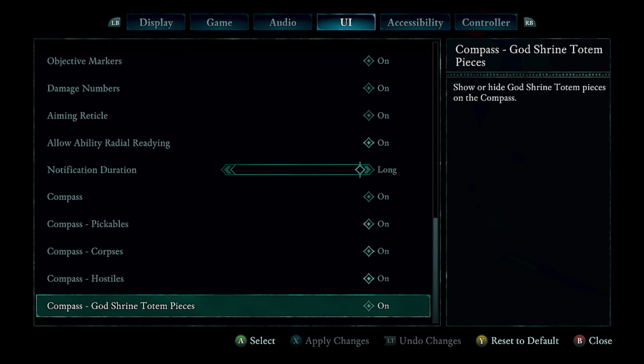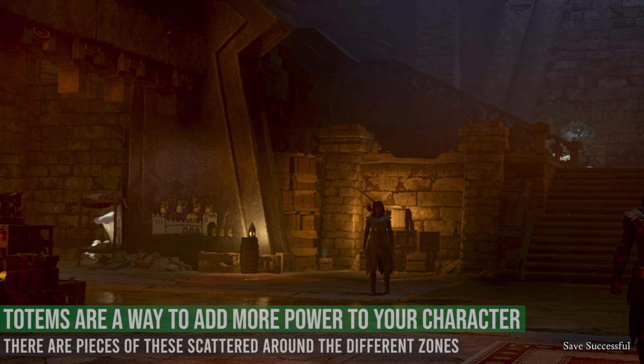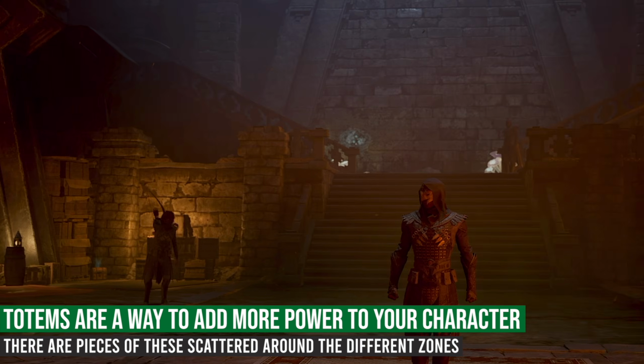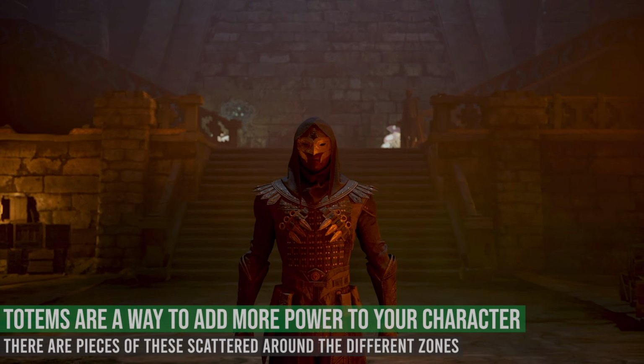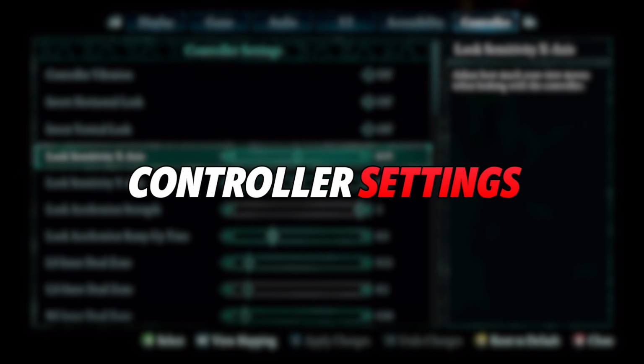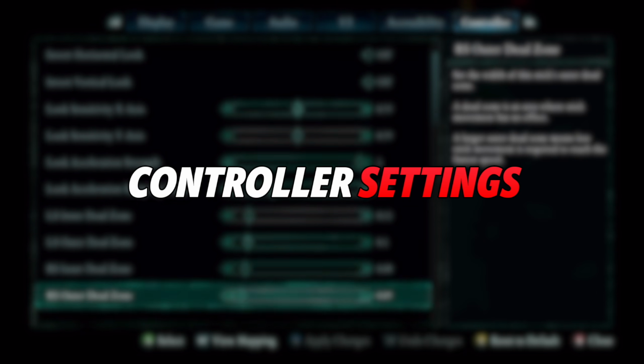In the compass area, one thing that was turned off was these gold shrine totem pieces. Finding these pieces are an important part of making your character stronger in the game, so you should leave this on. And last but not least, let's take a look at the controller settings quickly, and I'll show you what